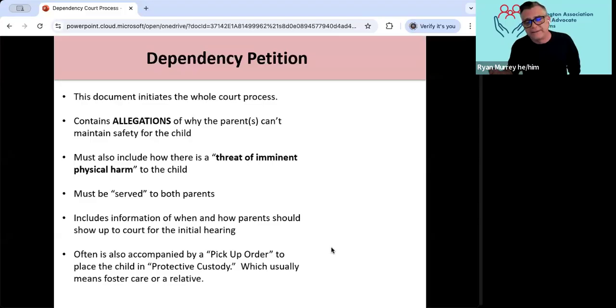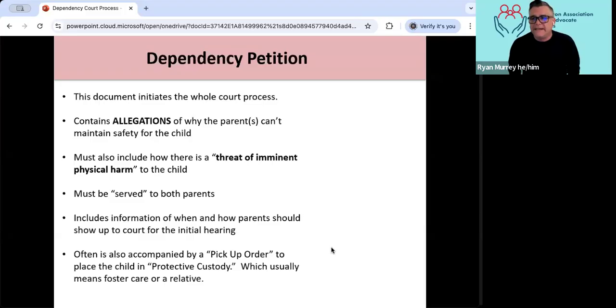But most of the state's attorneys have come to the conclusion that you can't start a dependency unless there's a reason to remove. That's where a lot of these arguments are coming from. I've heard both sides, and it's a legal thing, right? I'm not an attorney. The attorneys and the courts are the ones wrestling with that.